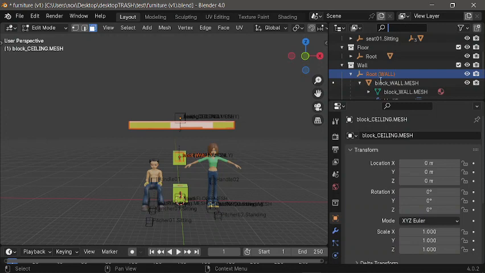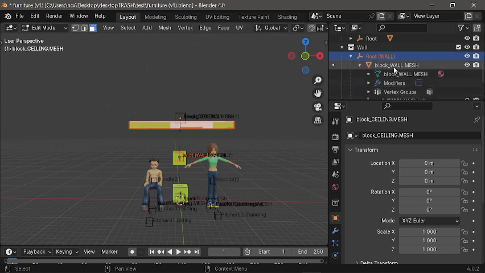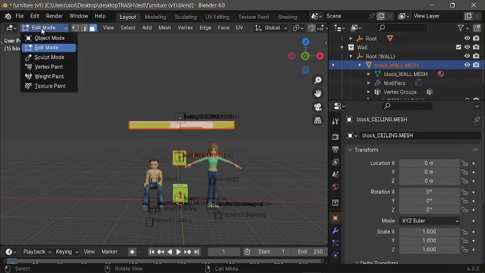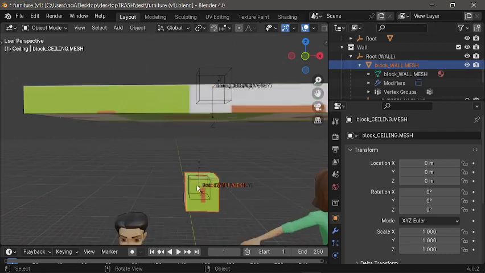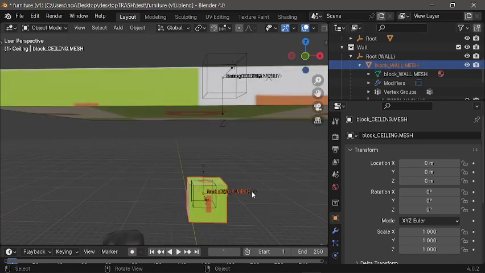Okay, this is a lie. So root, blah blah blah. We're gonna select the roots. No, we are not playing with the roots here. We are playing with the mesh. So the block wall mesh. Yes, but we are still in edit mode. Oh my god, what did I do. Okay, we're gonna go to object mode. Now we are selecting the right item already. So